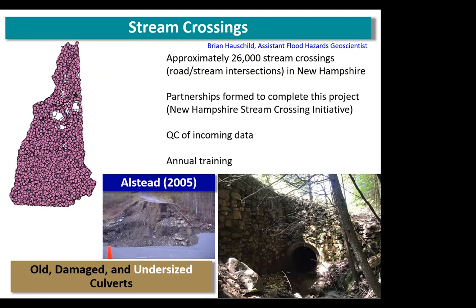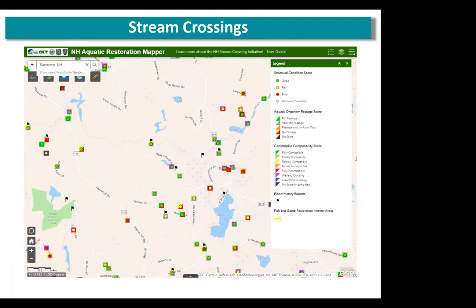There's a picture of the location where the culvert blew out in Alstead in 2005. That culvert was completely wiped clean. This information is useful for our National Hydrography Dataset maintenance. And this information is available on the New Hampshire Aquatic Restoration Mapper, which is available as a link off of DES's website. You can look at all the rankings of the culverts and their priorities in terms of their risk, as well as fish passage constriction